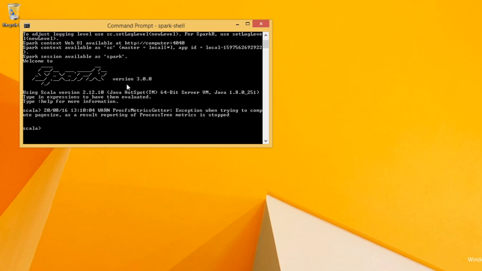Let's see a Hello World program first. This is Scala Shell. Spark Shell is also Scala Shell because Spark was built on top of Scala, and whatever code I'll be writing here is Scala. Spark is a framework that can be used to process big data.